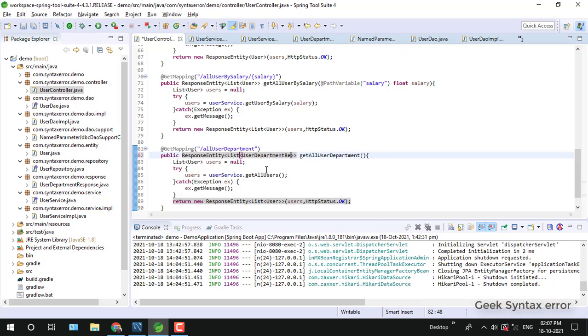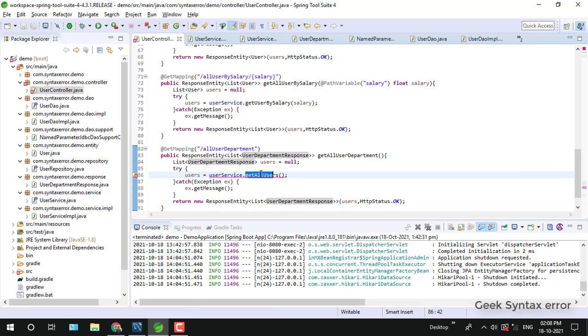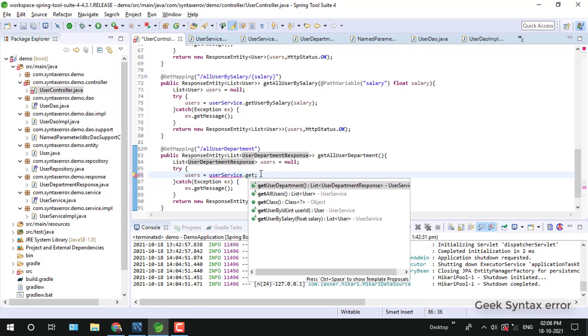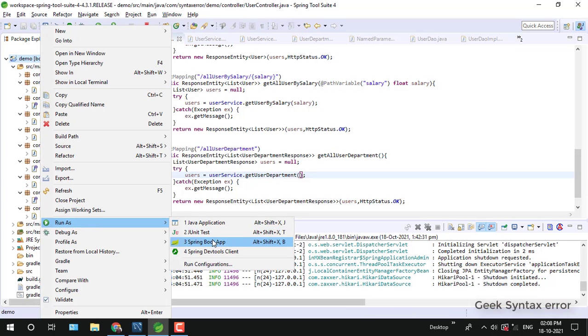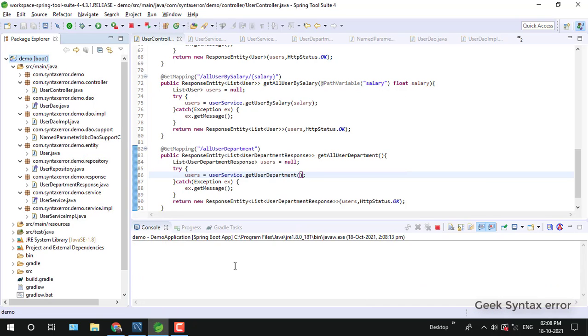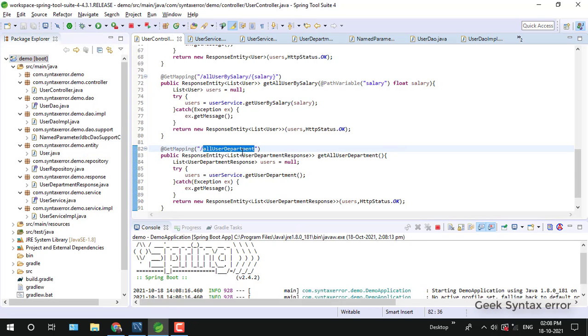This will be user department response, right? In the user service I just call the respective method, that is dot get user department. So we'll see it by running the application.